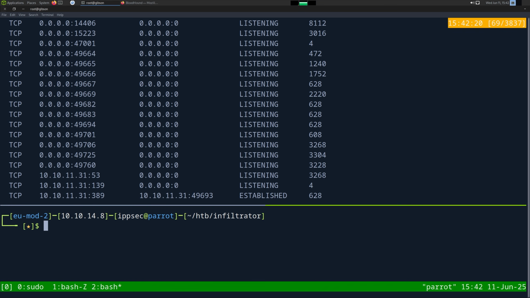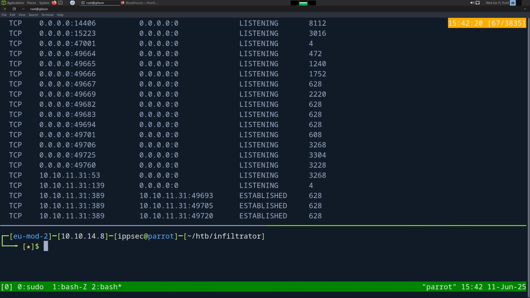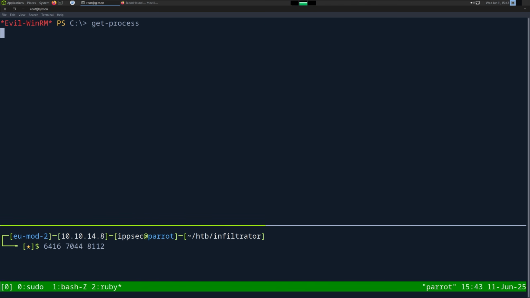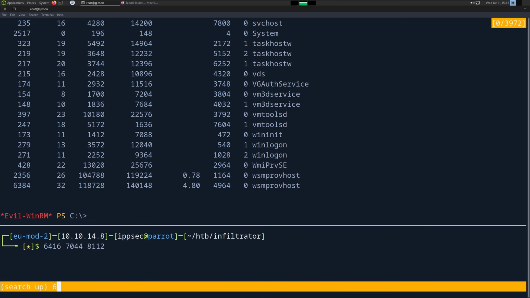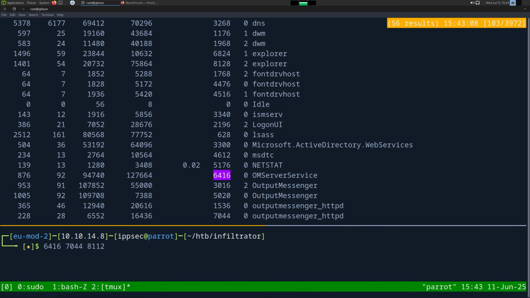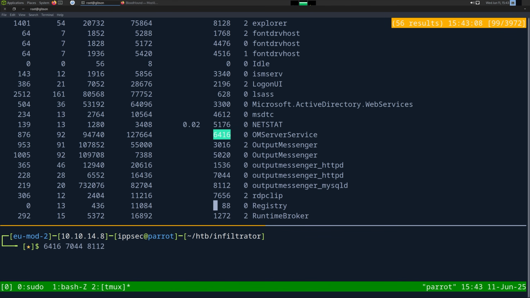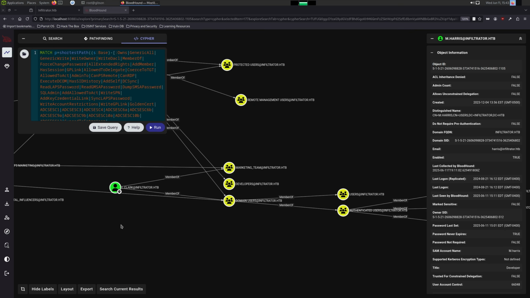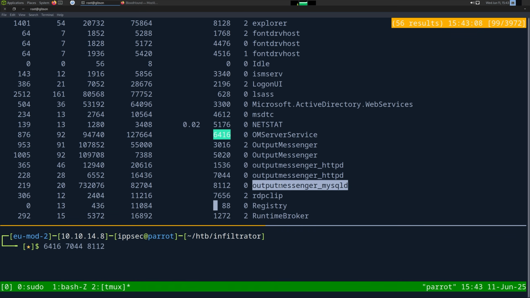Let's just make notes. What is it? Let's do 6416, 7044, 8112. So now I'm going to run a Get-Process. And then we can just look at this. So 6416, that's going to be the OM server service. 7044, that's Output Messenger HTTPD. I'm guessing 8112 could also be related to it. So we see that's going to be MySQL. So let's see. We could potentially try to access MySQL,